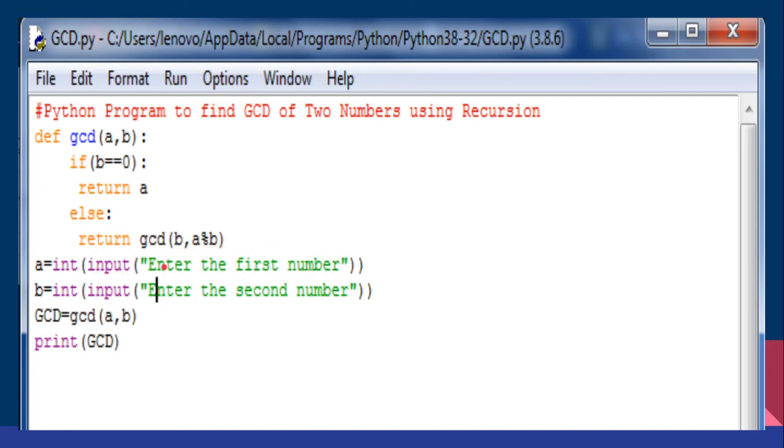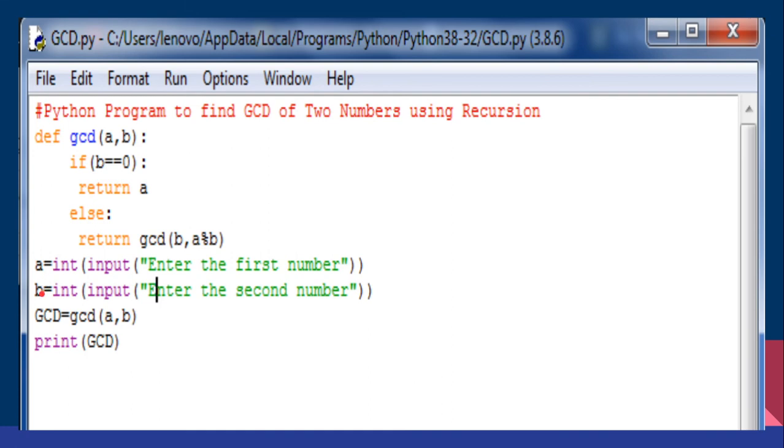We are getting the first number, and it should always be noted that a number we get through the keyboard is always a string in Python. That has to be converted into an integer because you are processing a numeric value. So int of input of enter the first number. In the same way, we find the second number also. B is equal to int of input of enter the second number. Whatever number you give through the keyboard is considered a string in Python, and it has to be converted using the int function. We are using typecasting with int to convert the values got through the keyboard into integer numbers.